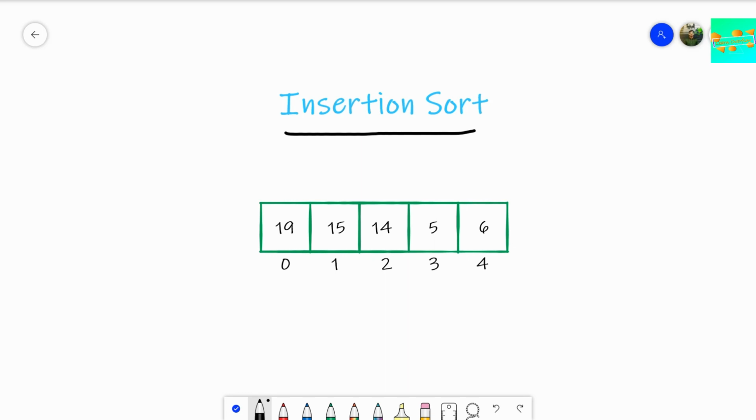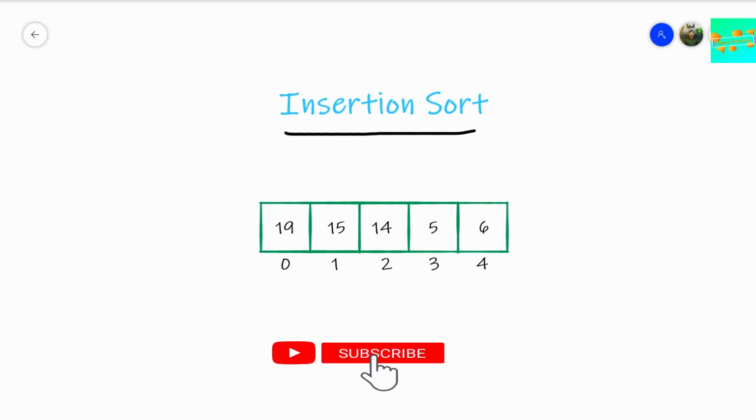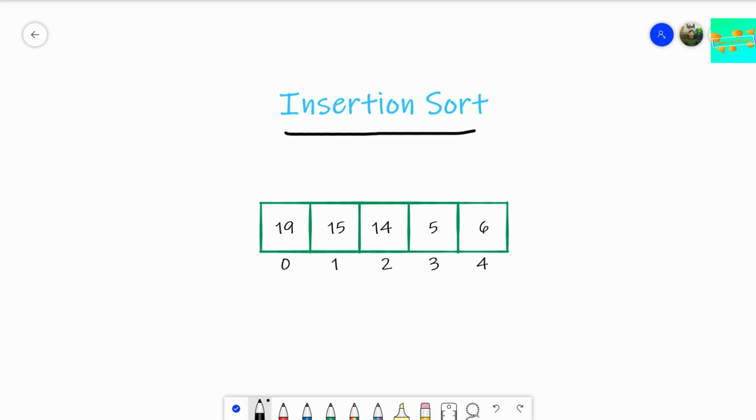Insertion sort is less efficient on large lists. Remember, if you're given a huge list with a large number of data to sort, insertion sort takes a lot of time, and we'll discuss why this happens. For large lists, there are other sorting algorithms like quick sort, heap sort, or merge sort. These we will discuss in the next videos. As of now, we'll start with insertion sort.